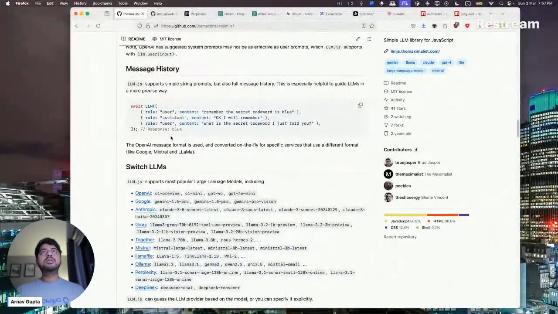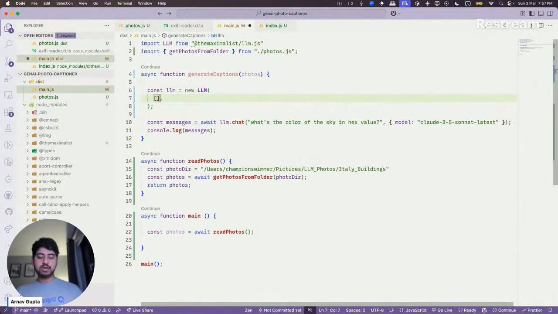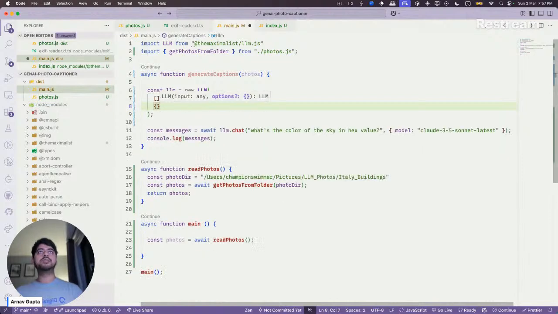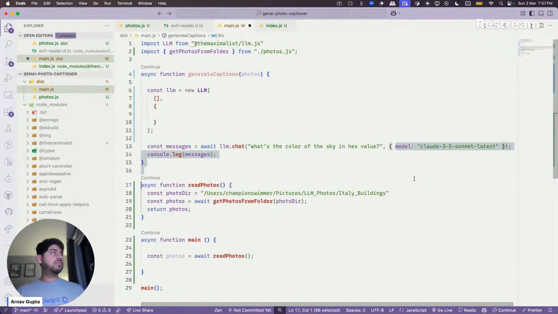So we'll pass the system message, which will be our input, and we will pass the model information. So here we will do the model thing. So let's say using Claude as our model. And I think